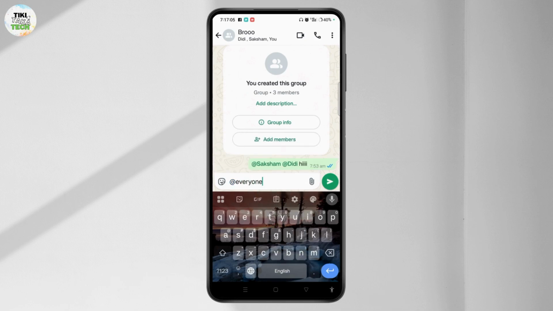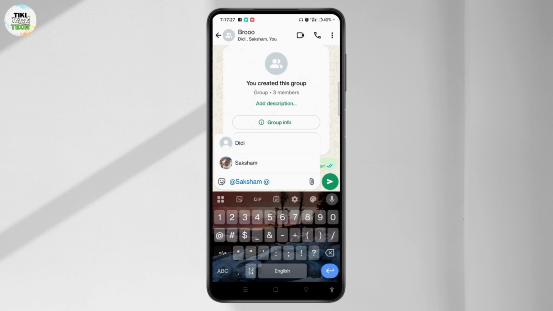And after that, you need to look at whether this works for you or not. In some of the older versions of WhatsApp, this will work and tag everyone. But in this latest version, you simply need to type in @ and then tap the individual members. Similarly, you can easily tap @ again and then a list of members will appear and you need to